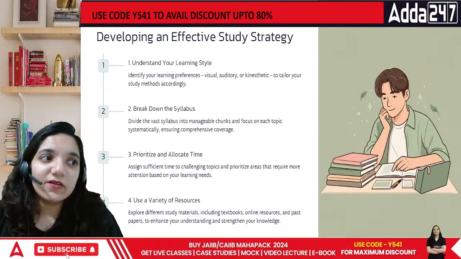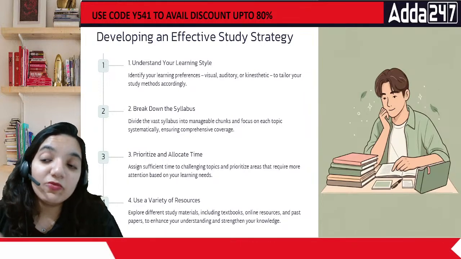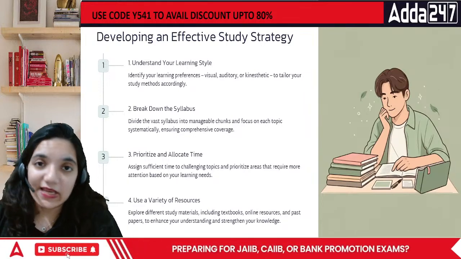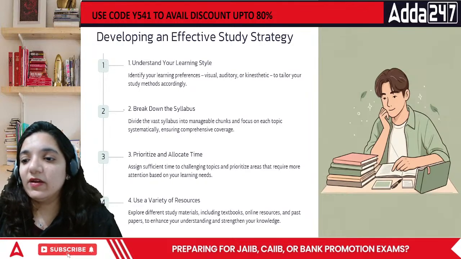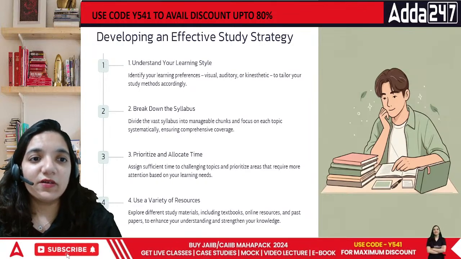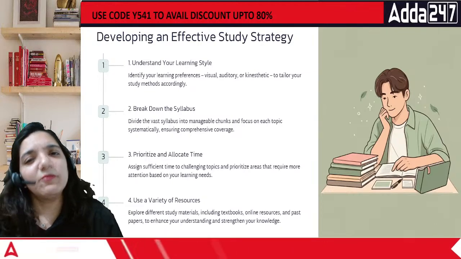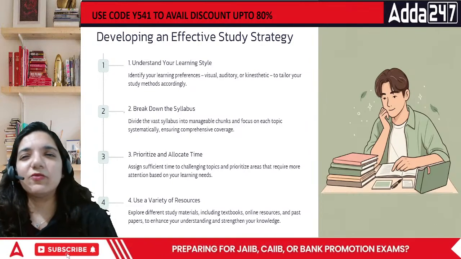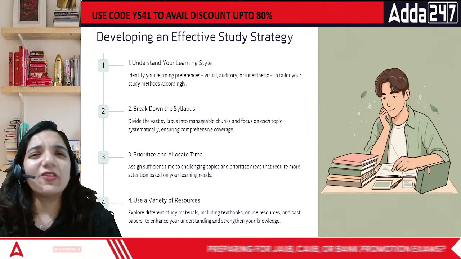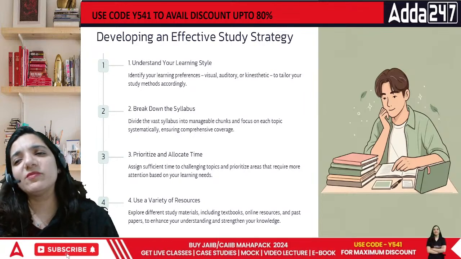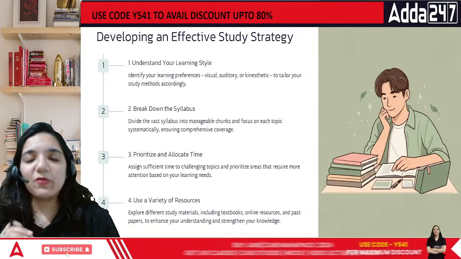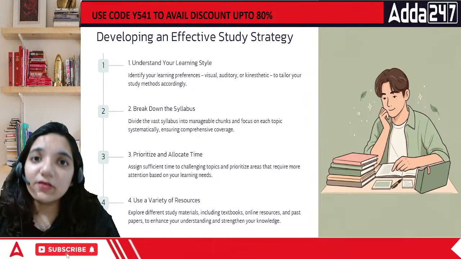So first of all, decide how much time you can devote daily right now. For example, if I talk about myself right now, sometimes studying becomes very difficult. It's a practical thing. We are currently doing some renovation at our place. When the renovation work is going on, it is impossible that I pick up a book and say I will finish this book today. You just can't.